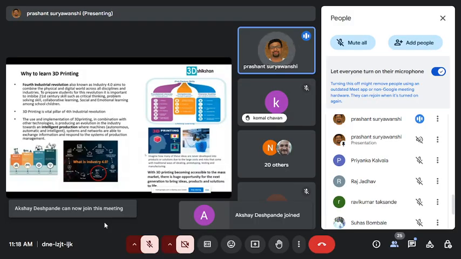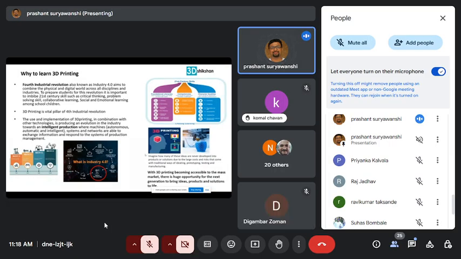I would say with 3D printing, democratization of innovation is happening. Earlier it may have been with some of the people because of the machinery capex costs involved, but it has now spread across India, in small small villages also. Students are coming with small small ideas, doing startups and all.